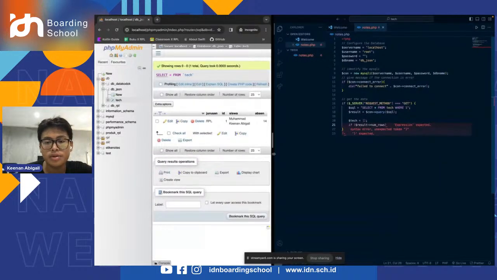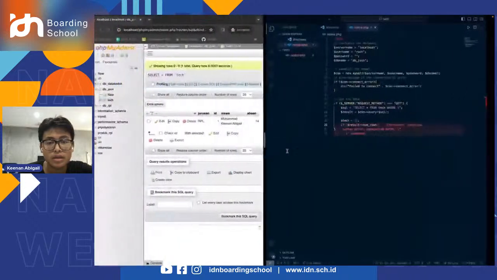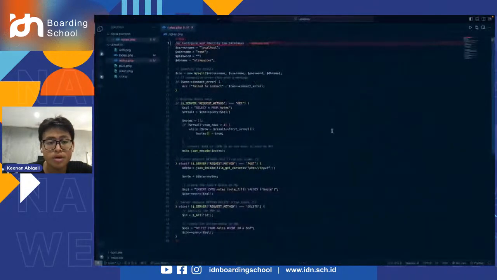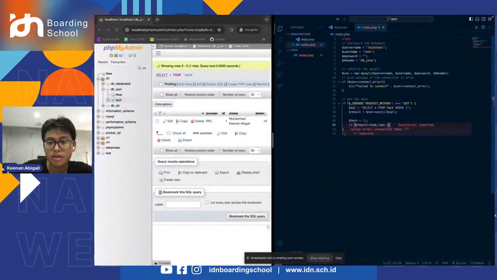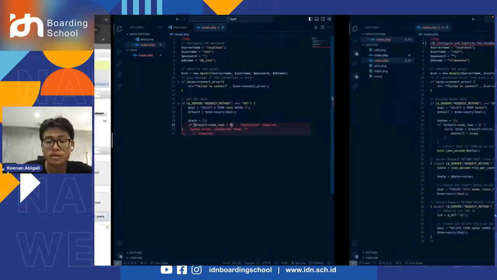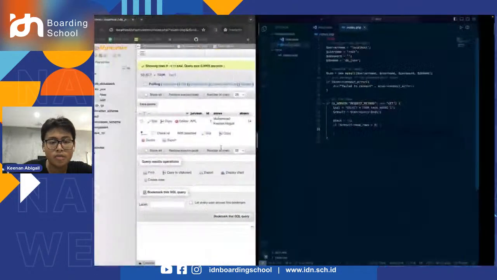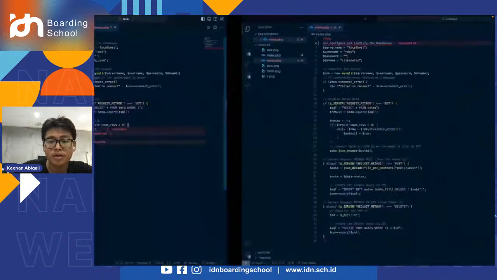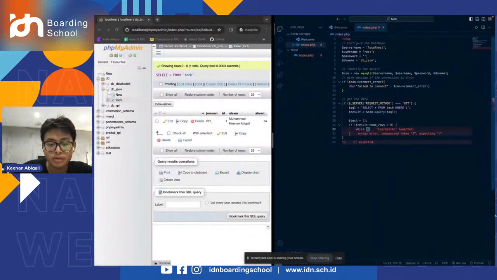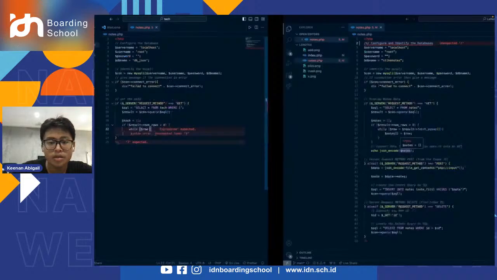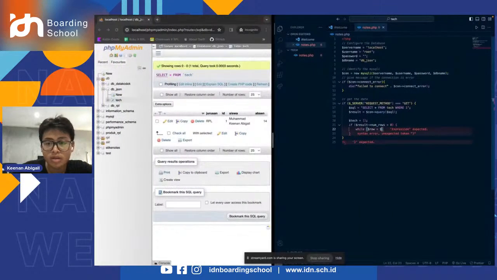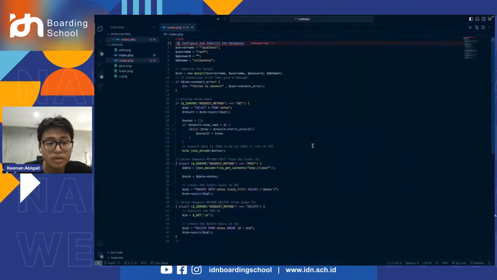Okay, num underscore rows is 0 or more than 0, and then we'll make a function here that while row result, like that,